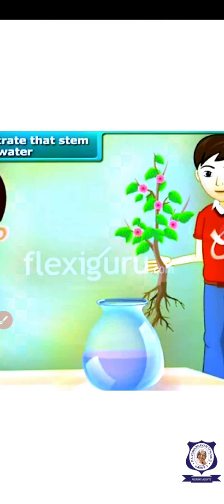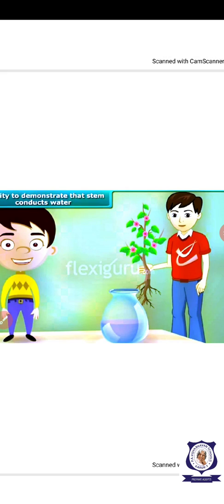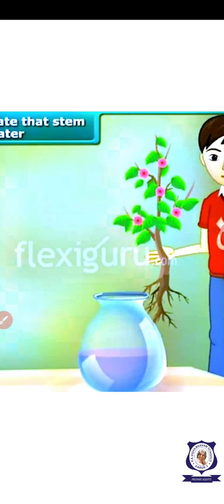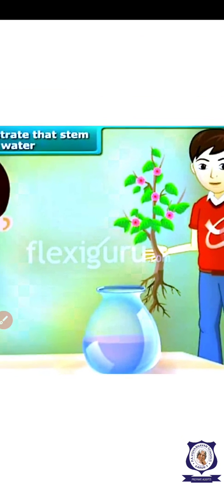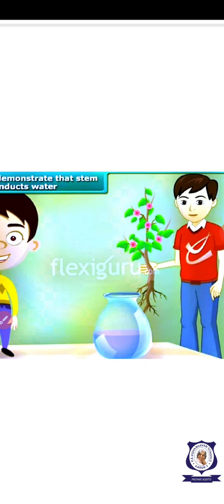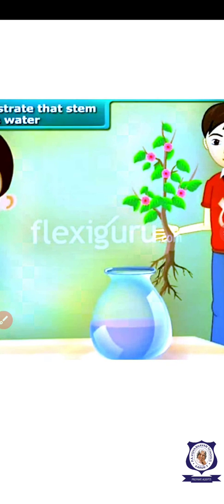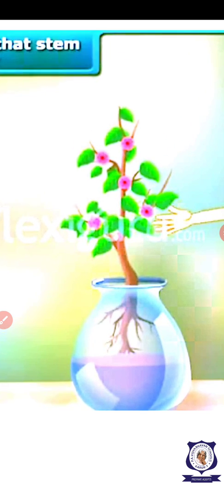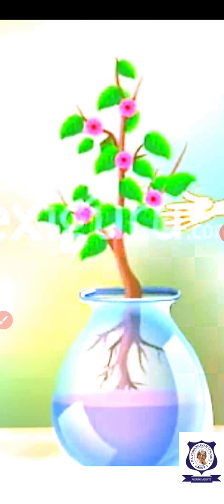We want to prove the functions of root and stem in one experiment itself. What is that experiment? You must take a glass bottle or a pot. In that you have to fill half the amount of water and add a coloring substance, either blue or red in color. Then you have to uproot a plant with root and wash it. After that you have to put it in the pot and leave it for some hours, namely for 6 or 7 hours.